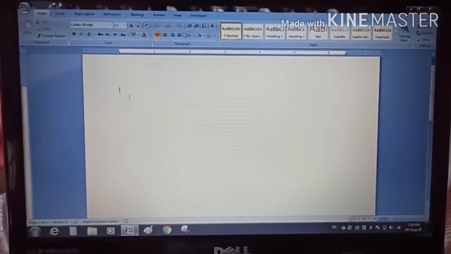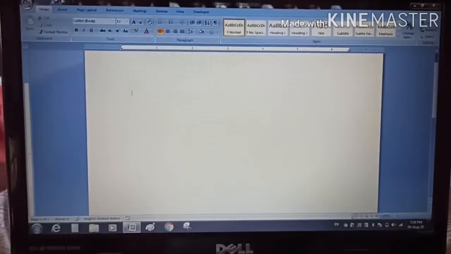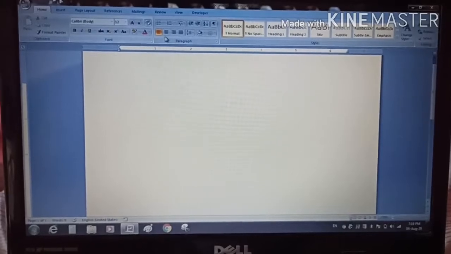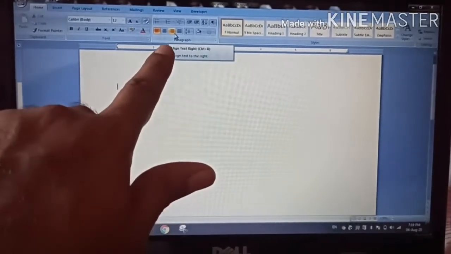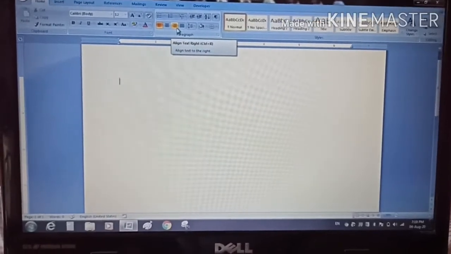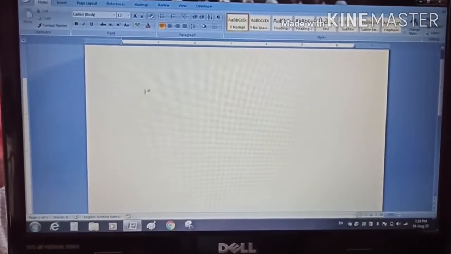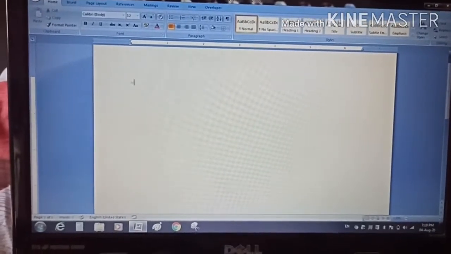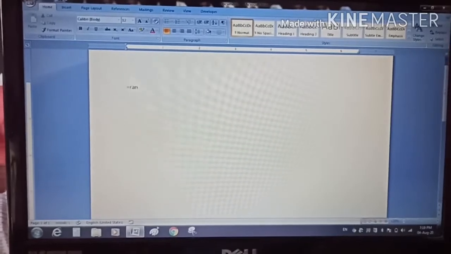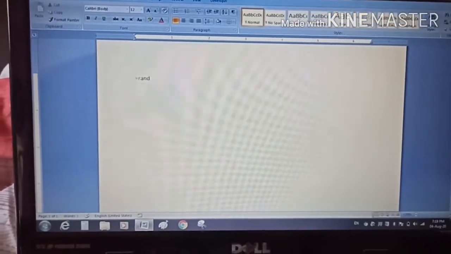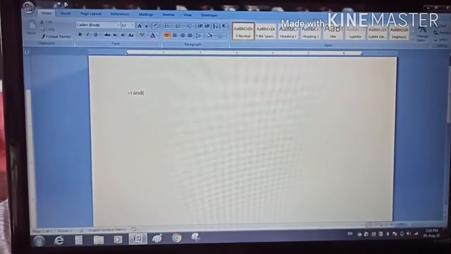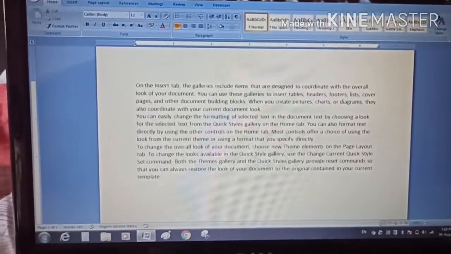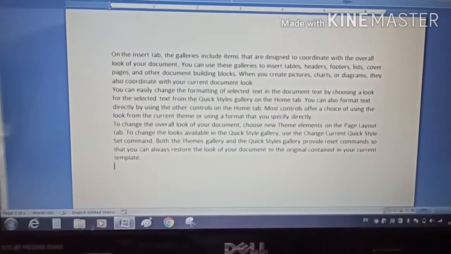Students, now we will see how we can use the options of alignment and indentation. So under the Home tab, here we have the options of alignment and indentation. To apply these options, we need some text. So if you want to write the text here, you can write. Otherwise, I'm going to use a formula: =RAND, and now a pair of parentheses. Enter. So here you can see the text.